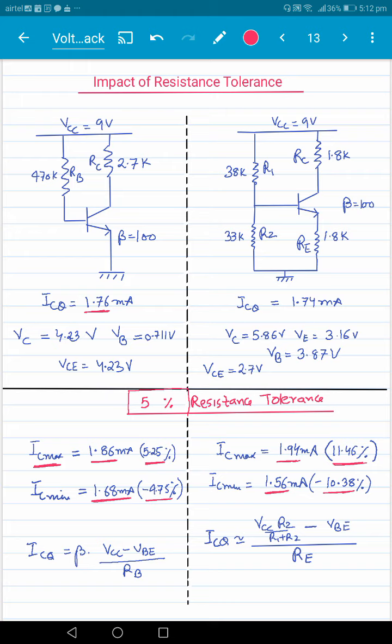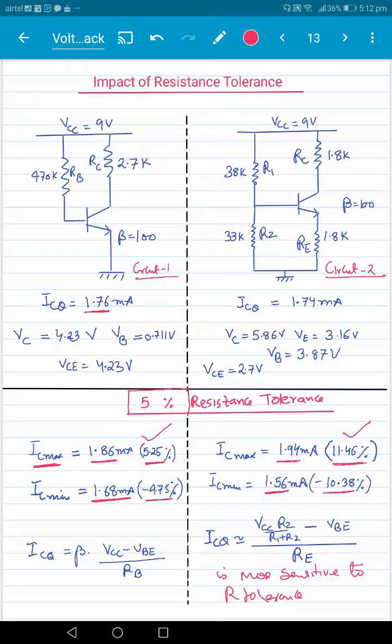We find that circuit number 2, the voltage divider bias, and this is our circuit number 1. This circuit is more sensitive to resistance tolerance. Note that the same 5% change is taking place. In circuit number 2, we get as large as 11.46%, while here we get 5.25%. So, circuit number 2, the voltage divider bias, is more than twice as sensitive